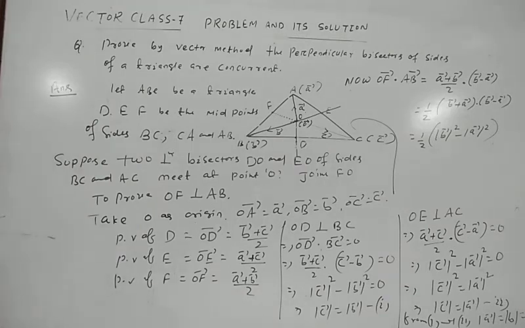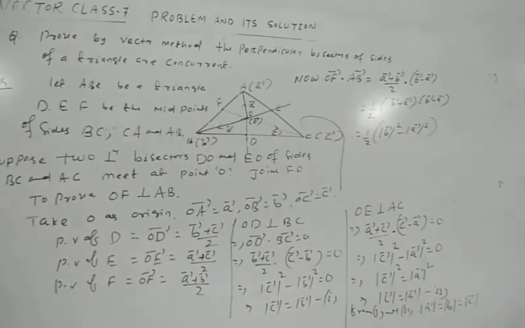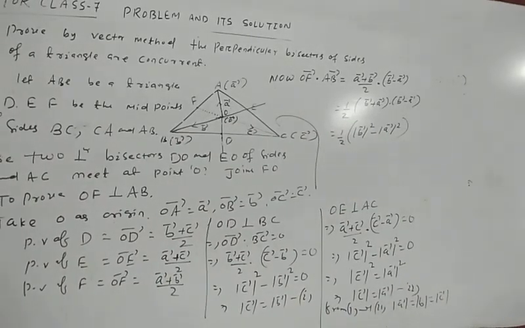Here these two conditions. Apply OD perpendicular to BC, and OE perpendicular to AC. So we get the equation: A vector magnitude is equal to B vector magnitude equal to C vector magnitude. Okay. So now OF vector dot AB vector is equal to half into B vector magnitude square minus A vector